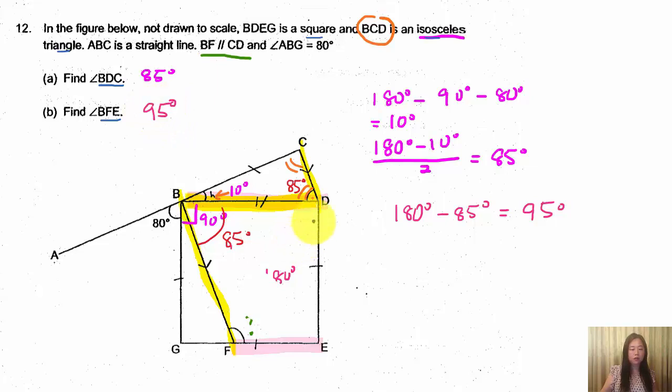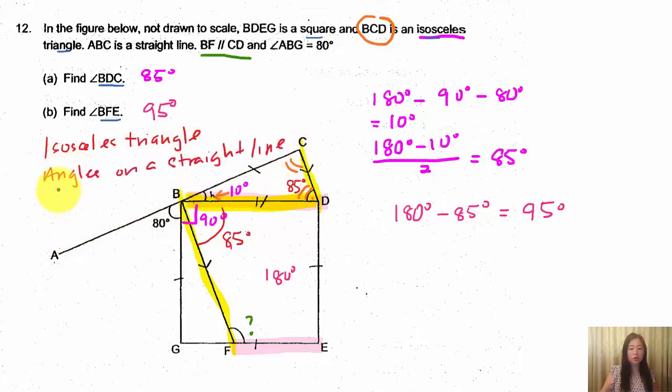Let's recap what we have learned. We have learned the importance of an isosceles triangle, where the base of the triangle has two equal angles. We also learned angle on a straight line. We also learned about alternate angles, where we need a pair of parallel lines to form a letter Z. Finally, we learn about interior angles,